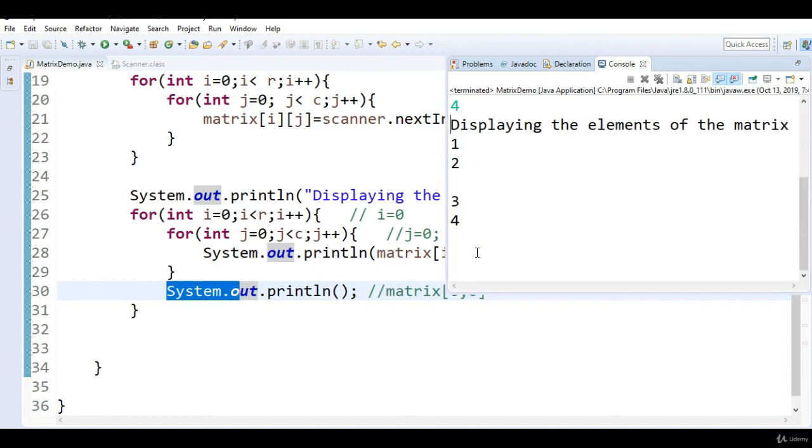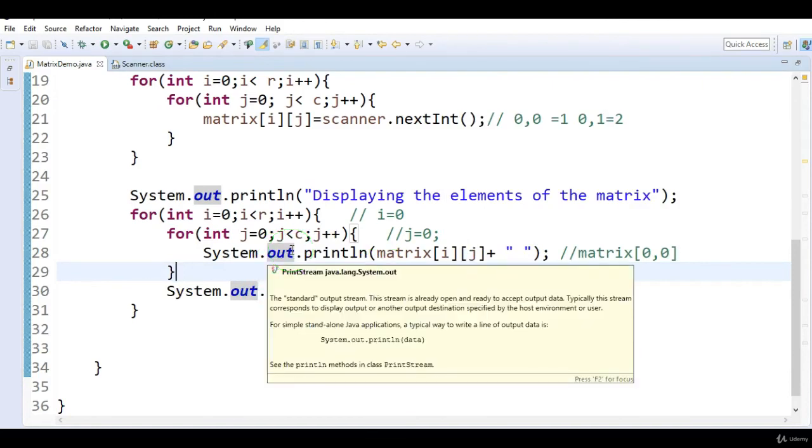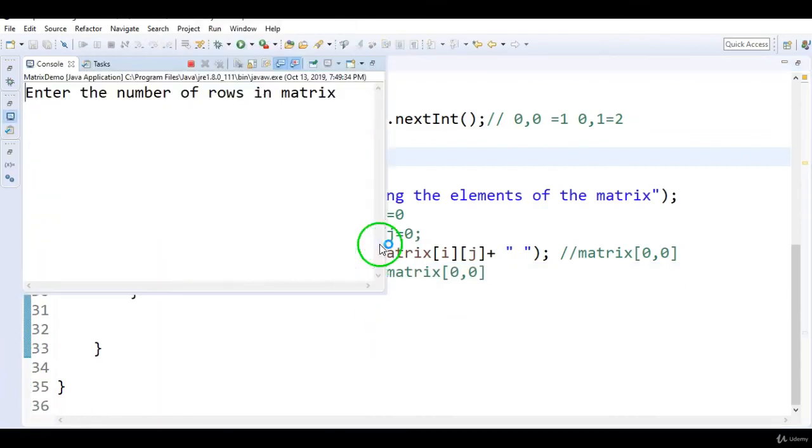Actually 3 and 4 should be displayed in the next row of the matrix, but instead it has entered the space and given the 3, 4. This is because of this system.out.println. Let me correct it. I'm executing the program again to check the output.